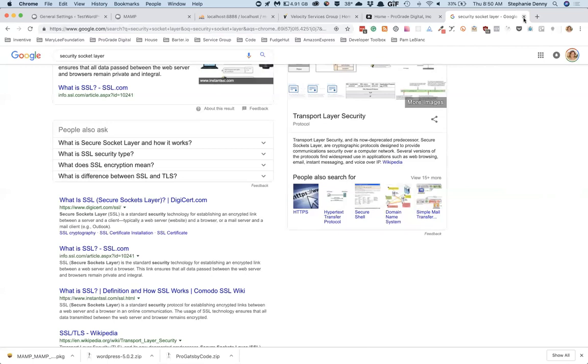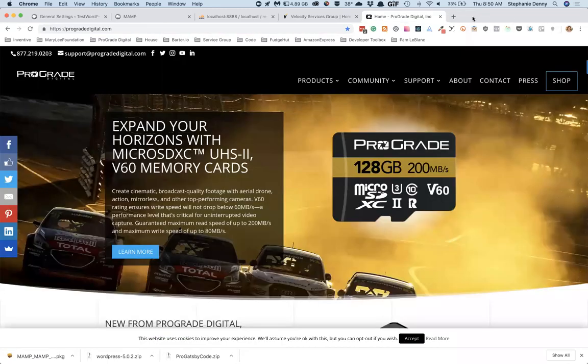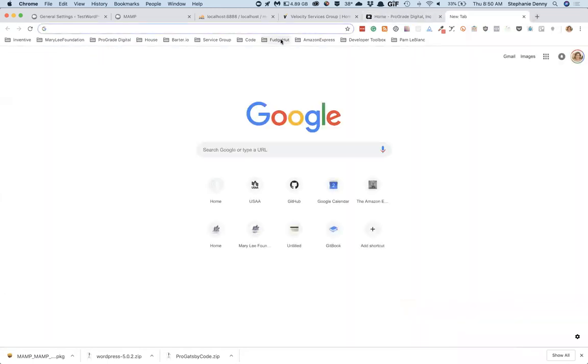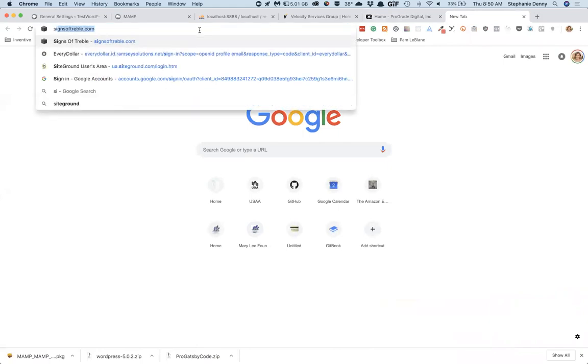Oh, that's cool. So that's the thing, you have to get an SSL certificate. And this is not critical for this localhost step, but if you are installing something on SiteGround, I'm just going to mention this now in case you need to reference this later. So if I went to SiteGround, for example,